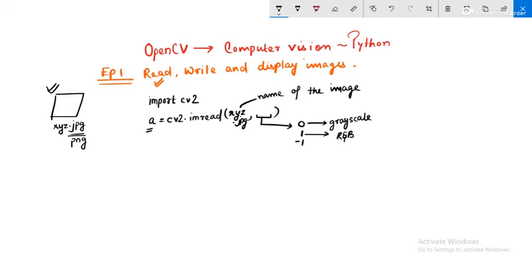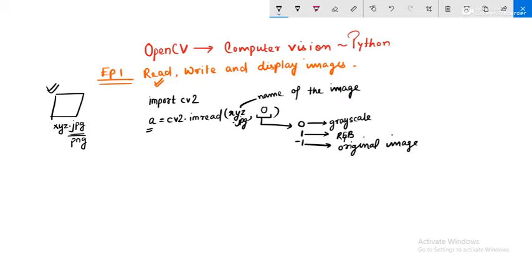RGB stands for red, green, blue, and -1 stands for the original image. What this original image means is that if it is in grayscale, the variable will store it in grayscale. If it is in color or RGB, it will store it in RGB. So basically you have to pass any one of these in this place. So let me pass 0 for instance.